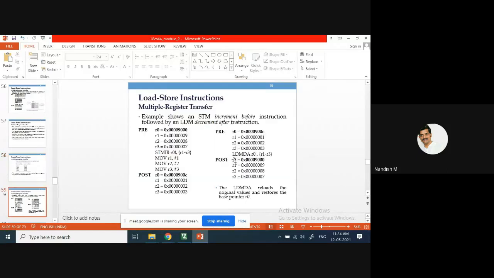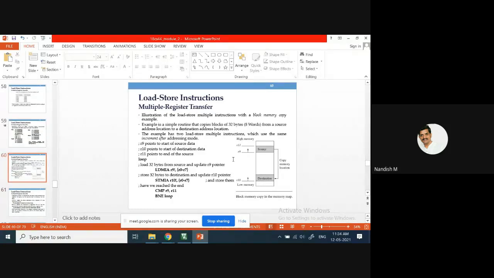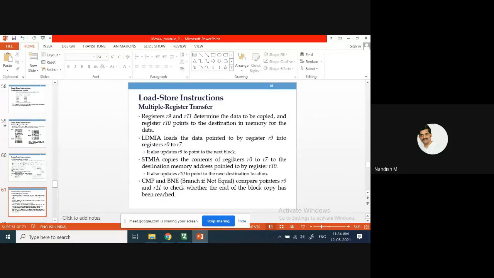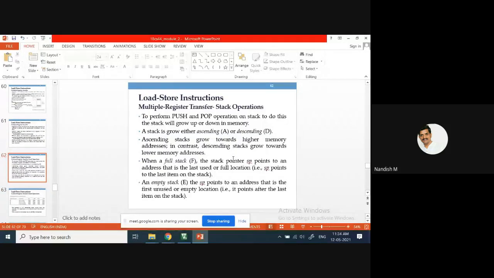This is for load and store. Where exactly is it? Yes, we know the stack operation, right? There it will be used. We know push operation and pop operation.